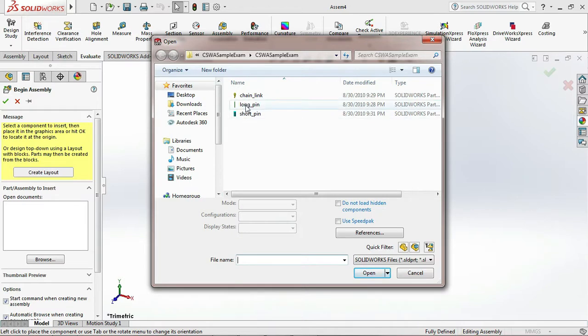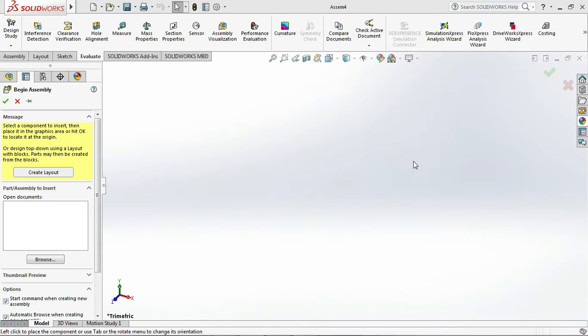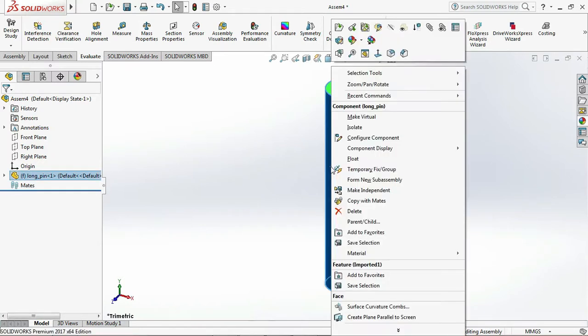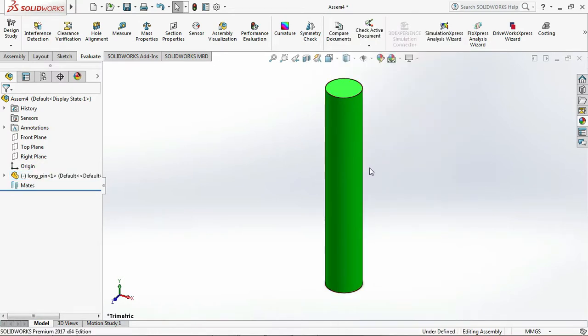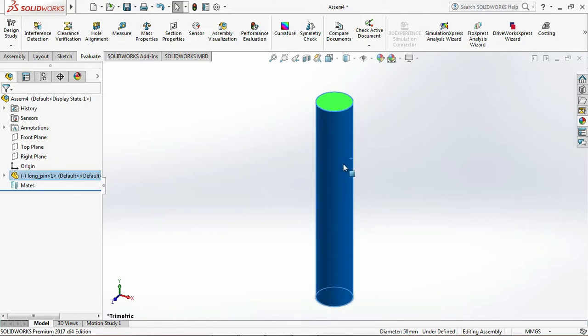So I'm just starting with the long pin. Browse the long pin on a screen like that. Then right click on a component and then float. I just want to make it fully defined by mating with different planes. So what I'm going to do is